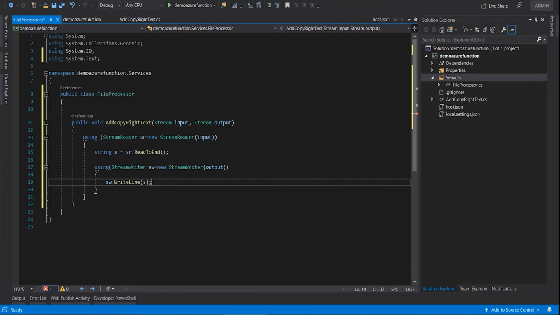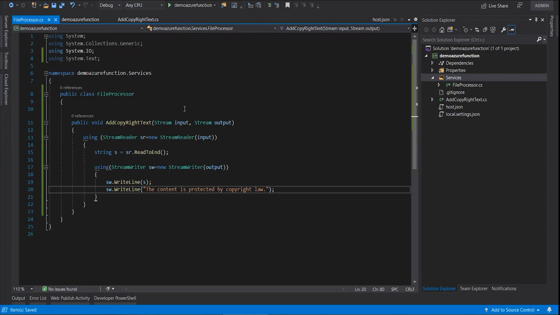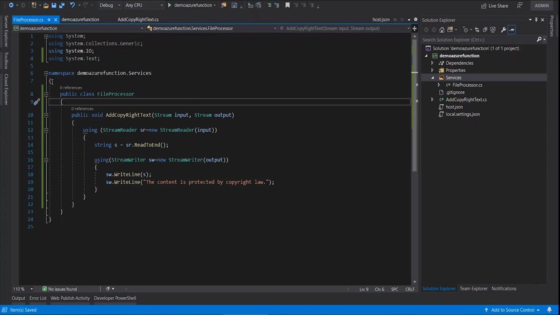Just pass that string first, then in line, write line, the content is text. Good to go. Just go back to your